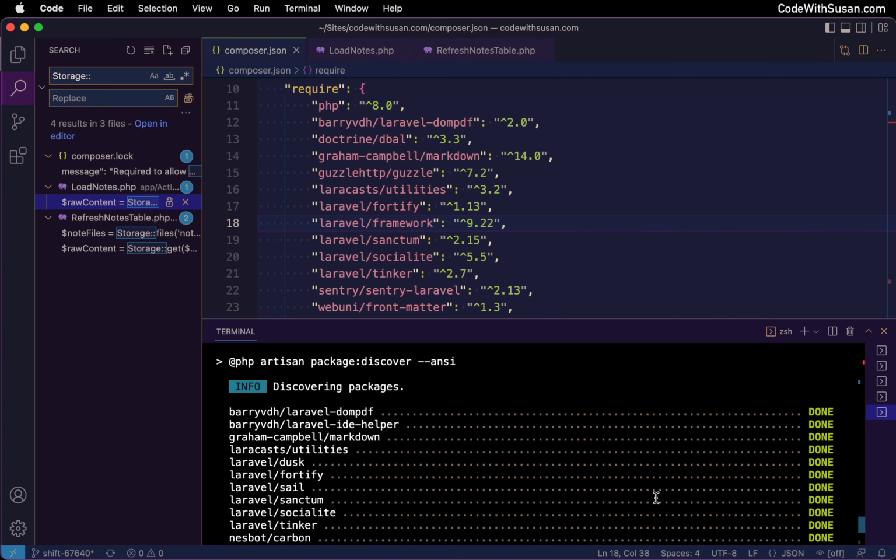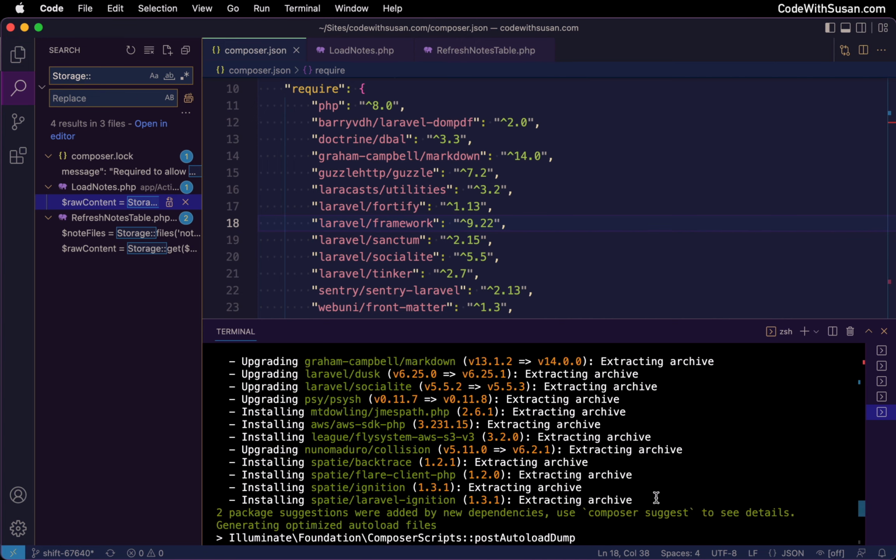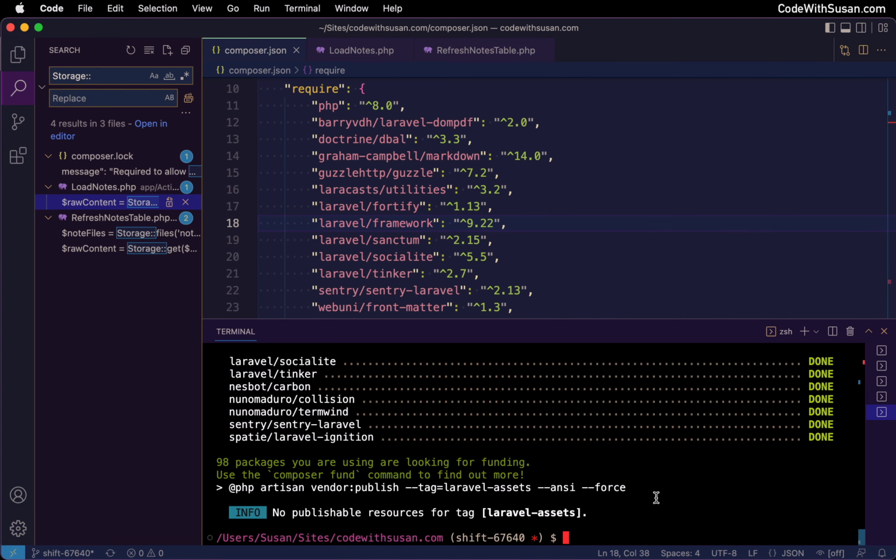And perfect. It looks like we've got everything installed there. We didn't run into any problems. But that was a good example of something you will commonly face when upgrading Laravel, especially if you're using a lot of outside dependencies. Sometimes those dependencies might not be compatible with the upgrade, in which case, hopefully the developers of those dependencies release their own upgrades to make them compatible, which it looks like this particular package did. But that's not always the case,